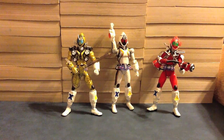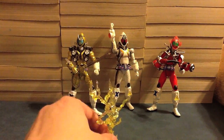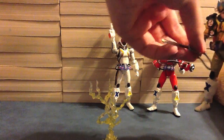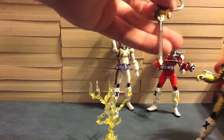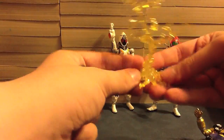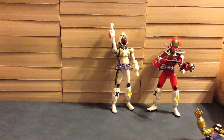So let's get started with Elek States. Now, what we have here is this is going to be a ground-based effect part. Basically, he stabs the ground with Billy the Rod, right, in his downward motion. It does plug in, right, now here's the effect. You can see the sparks coming up. Now, if I can find the plug, okay, I believe it's,